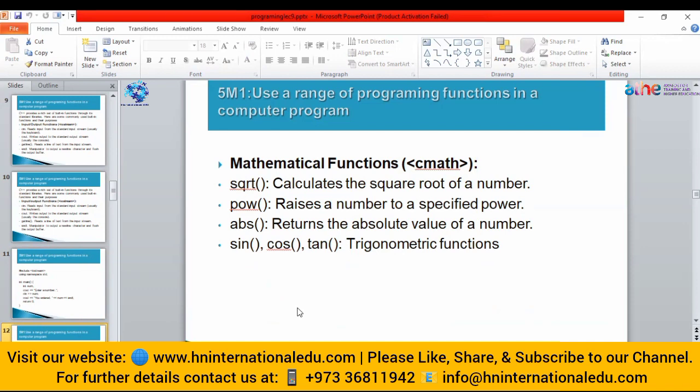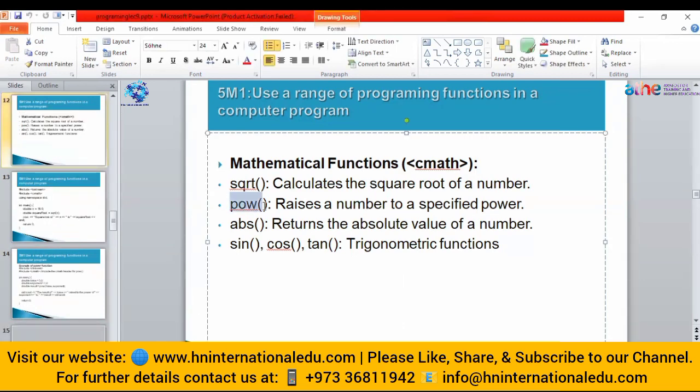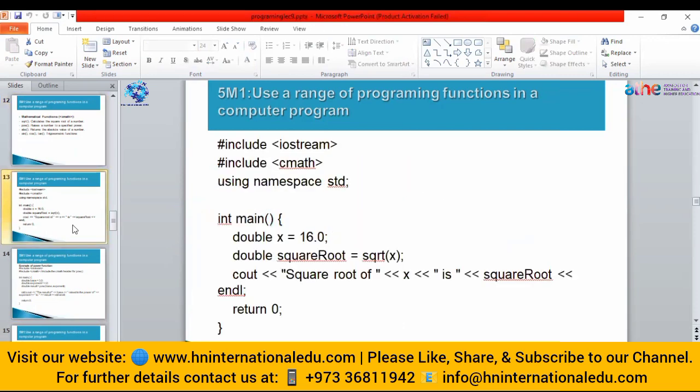If a user enters 4 and wants the square root of a number, then you can use this sqrt function. We will implement some examples using these functions later. Then if you want to find the power of a number, or an exponential power, you can use this function.